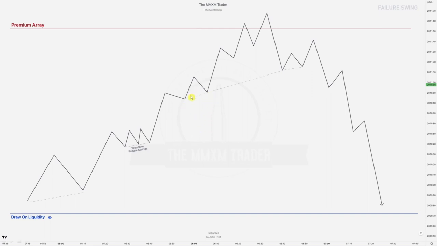Those lows that fail to take out another low. And we've got those over here. We've got again a little trend line down here, right? Multiple lows which fail to take out the previous low, even down here at our draw on liquidity and over here. Now once we hit that higher time frame premium array, right, we want to see that smart money reversal happen,